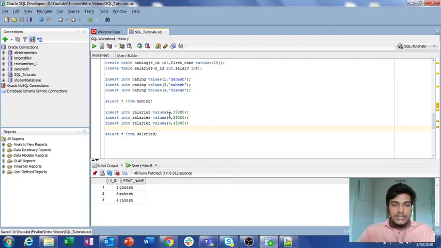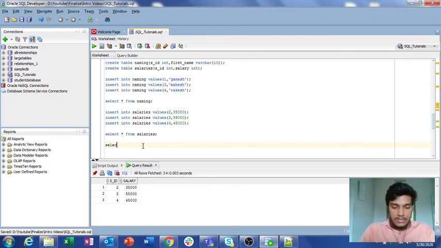Here in both the tables, the common unique IDs are 3 and 4. That's why we only get the two rows. So let us see what the contents in the salaries table are as well, and then let us do the inner join. I am going to explain the main command now.